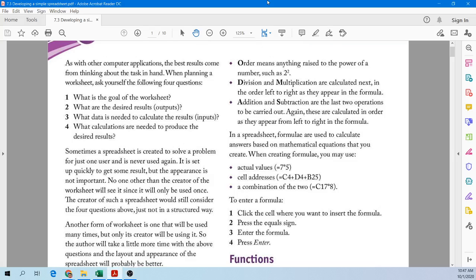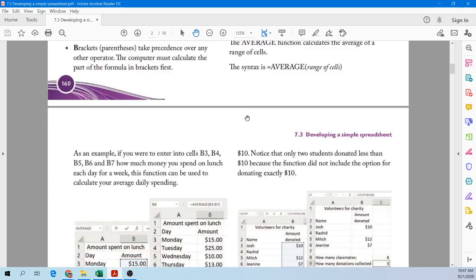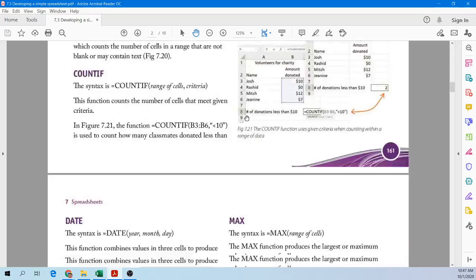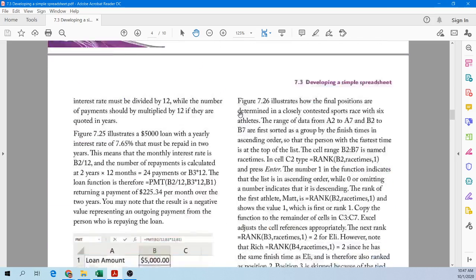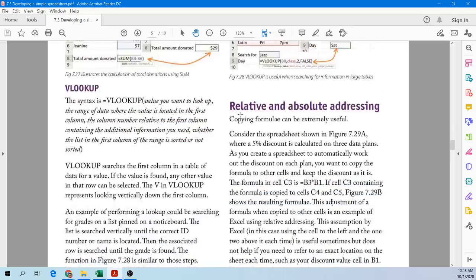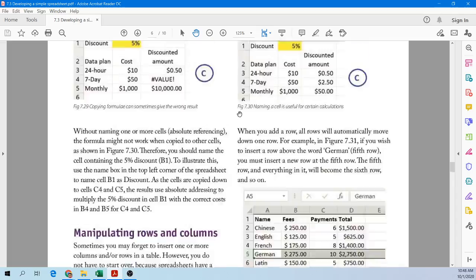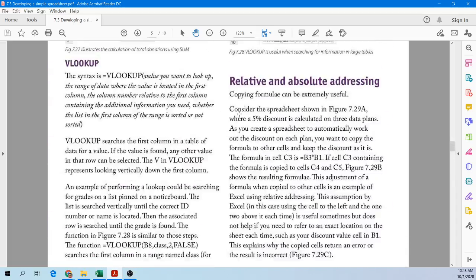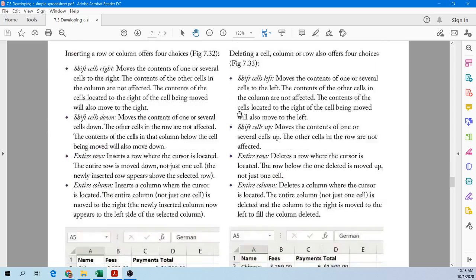Right, so we're still continuing 7.3, developing a simple spreadsheet. And the last time we looked at some different functions and how we can use those functions. And yes, we stopped at VLOOKUP, so we have to continue with relative and absolute addressing and manipulating rows and